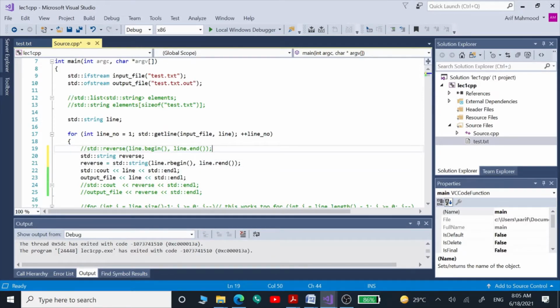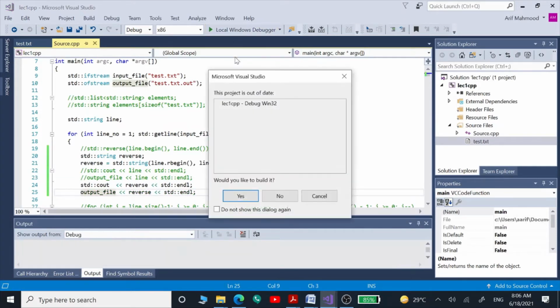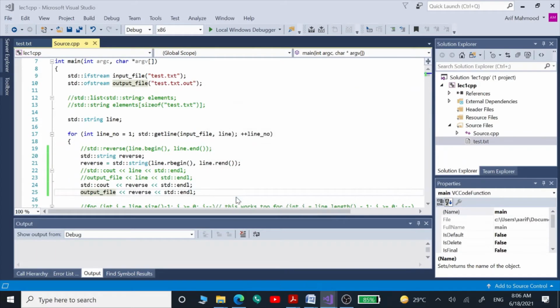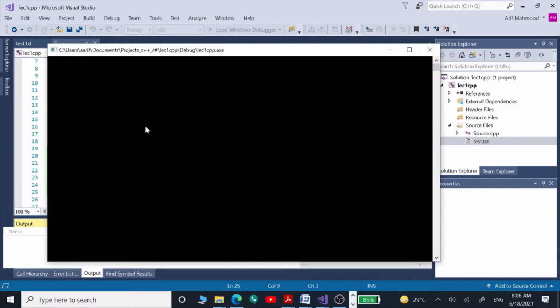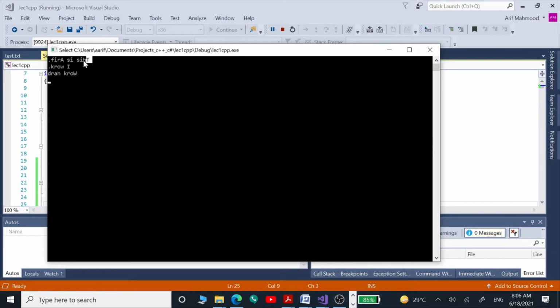We can use the string function as well to reverse our string. Now skip these lines because now we have to print our reverse variable onto the console window. So we can see 3 strings are reversed now.